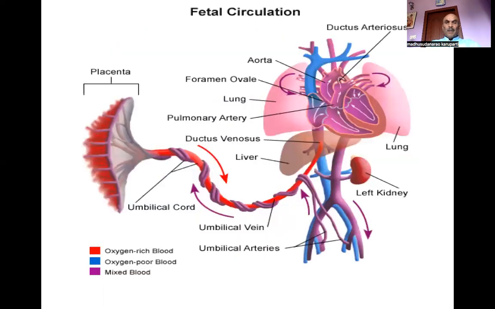So this is the diagram showing the fetal circulation. You see the placenta. This is the placenta where the gaseous exchange takes place, and some nutrients and other important elements are delivered to the fetus for its growth. After the blood gets oxygenated, it is taken to the